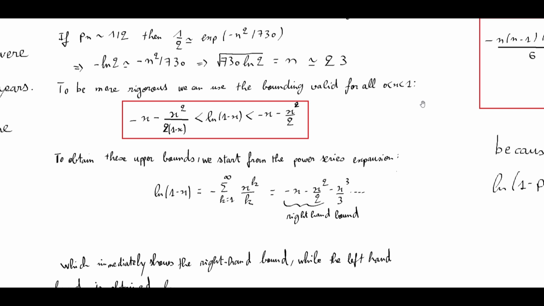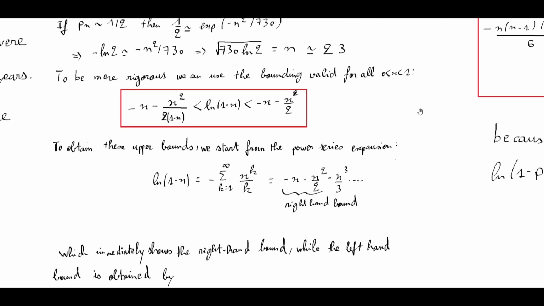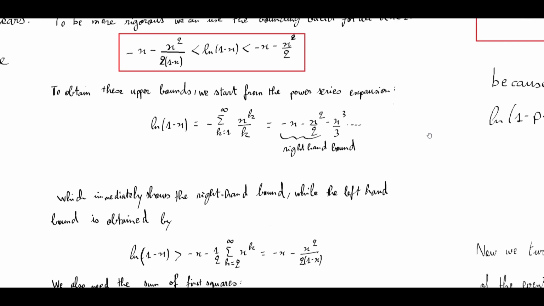x strictly greater than 0 and strictly smaller than 1. We have the red framed inequality, the red frame bounding. To obtain these bounds, we start from the power series expansion. ln of 1 minus x equals minus the sum of x to the power of k over k, equals minus x squared over 2 minus